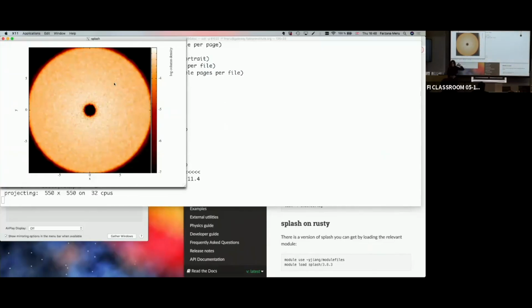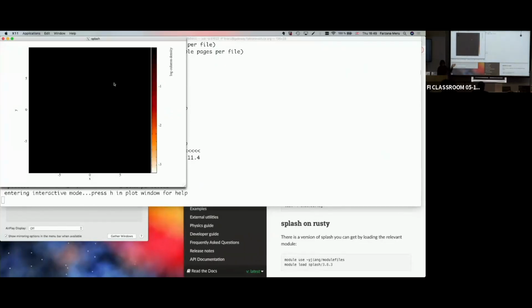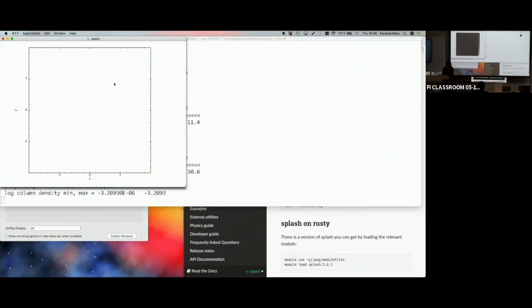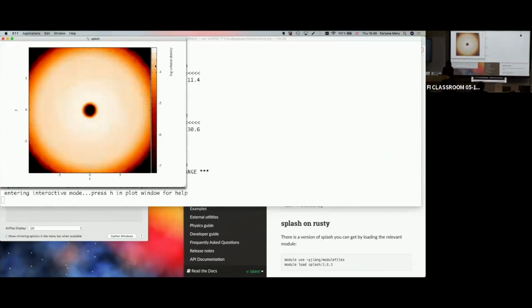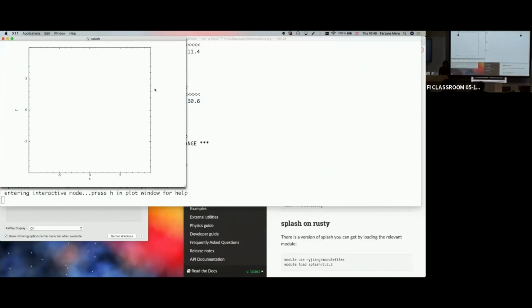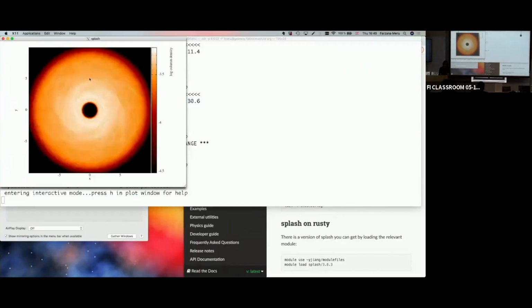That's the initial disk. We should very soon see... That didn't happen before. What happened? Okay, so you can go back onto your color bar and press A, because that will then bring out the whole range that you're interested in. And actually, you can zoom into a particular part of the color bar, and this will hopefully bring out the spirals a little bit better. Remember to press S once you've done that, so it saves your